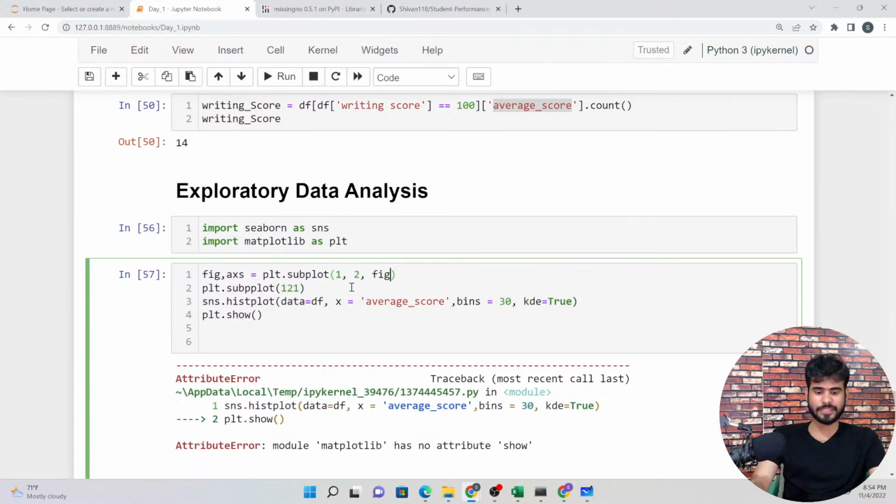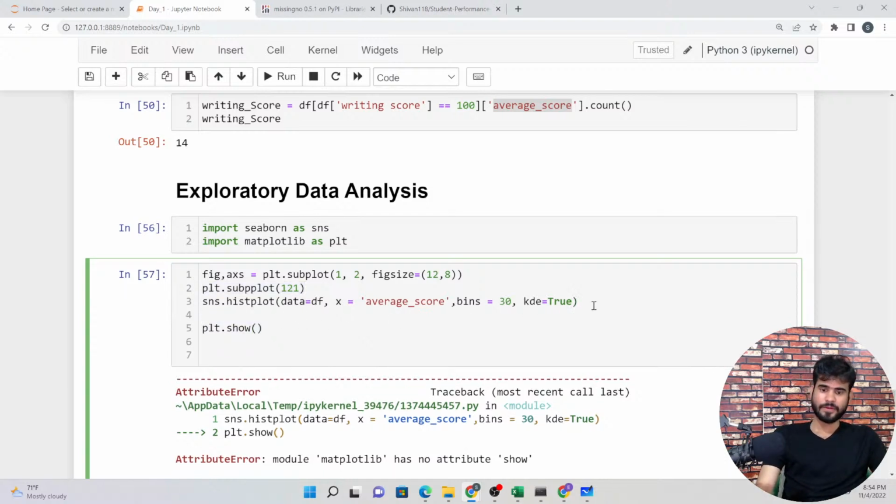If you want a figure size, you can define figsize equal to something like 12, 8 is fine. That is the first subplot we have written. Now the second subplot for our next graph.